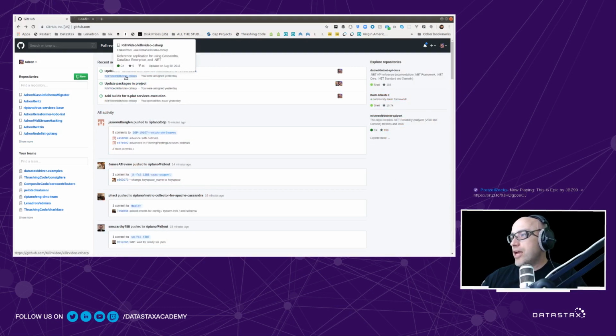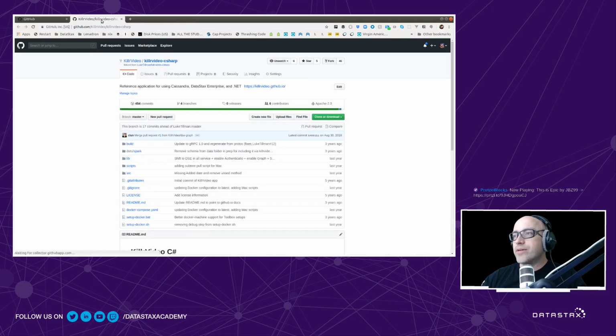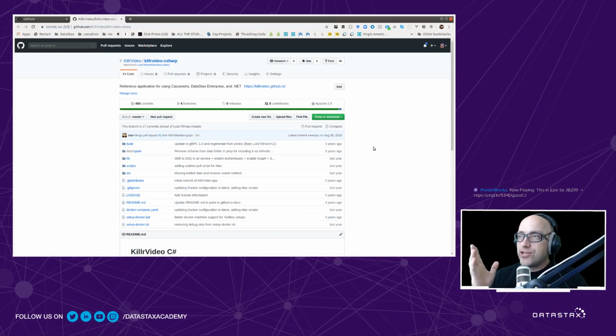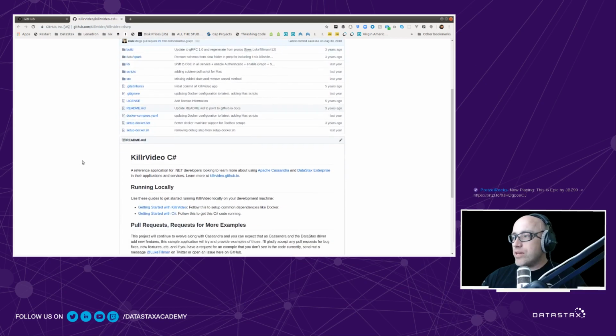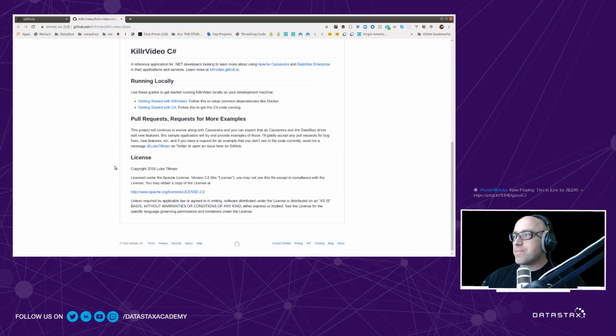Jeff Carpenter and I have been doing some C# slinging, well, mostly figuring out what we're going to do for the Killer Video C# repo. This is a reference application that we have built at DataStax that provides a lot of insight and working examples, generally speaking, of how to use DataStax Enterprise and the graph database, the analytics, the search, and the core Cassandra underlying bits and various things like that. So there's a whole lot to it, and we're going in and updating the build, modernizing it, and basically going to do some upgrading of various things,